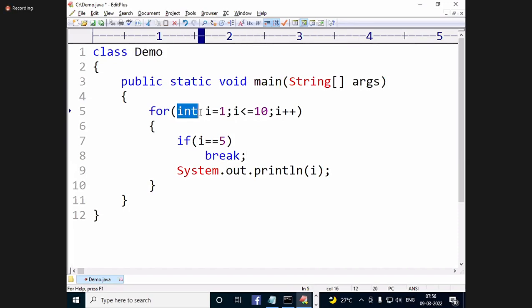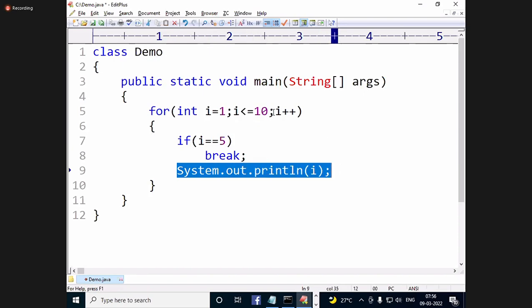Okay. See. First I value is 1. 1 less than or equal to 10, true. It will enter. 1 double equal to 5, false. Out of the if, 1 printed, it will become 2. Okay, I'll give arrows also. See, first this is I value 1. After this, 1 less than or equal to 10, it is true.